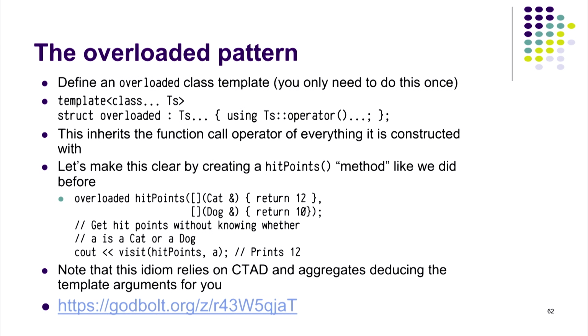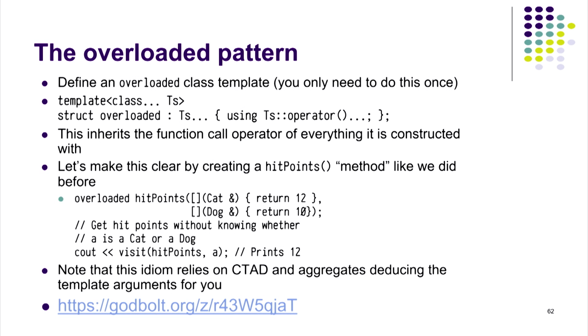It's a good thing because there is no name for the types of the lambda. But they're there, and now I say visit of hit points A, and that will get the hit points based